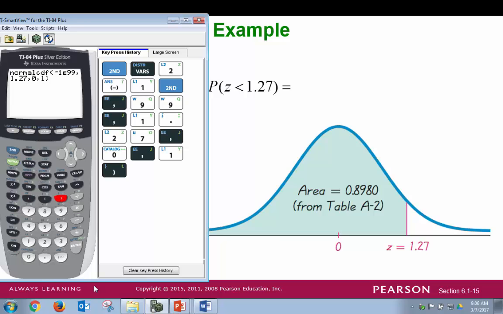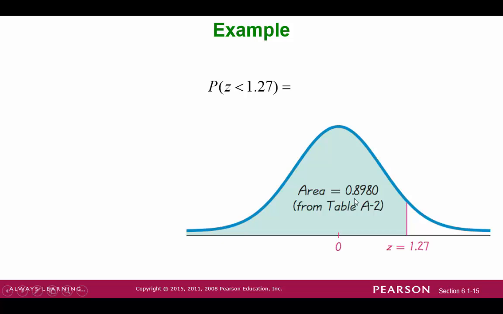So let's close the parentheses and hit enter, and we will see that our answer is 0.897957, etc. It's always good to round this off to 4 decimal places, and when you do, you get exactly what they got here,